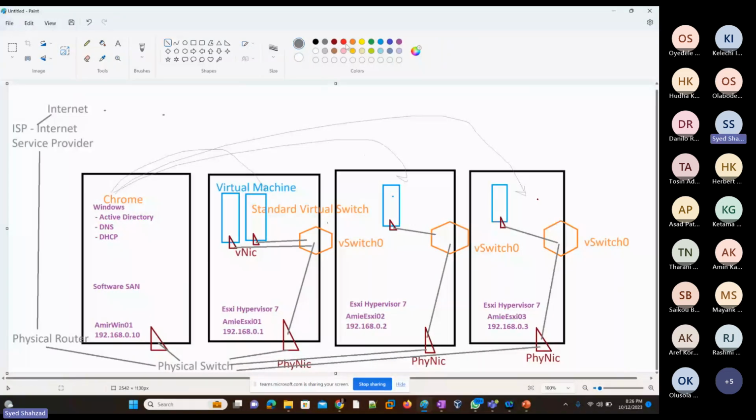Second thing is that there is a data store. So obviously each hypervisor has a physical disk. Maybe 2 physical disks, 10 physical disks, 15 physical disks, right? So that is called a physical disk, and that physical disk